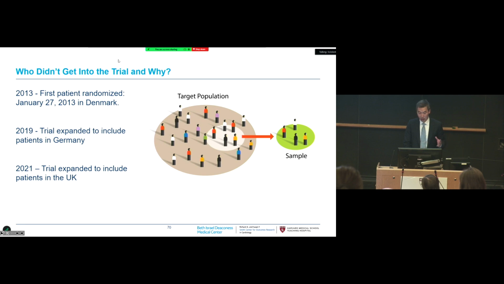They included almost anybody who could have been eligible, and even then, it took them a decade to do this trial. It was a selected trial. They had to expand their inclusion criteria to include DANGER. It used to be the DAN shock trial, became the DANGER shock trial when they included Germany. They added the UK.